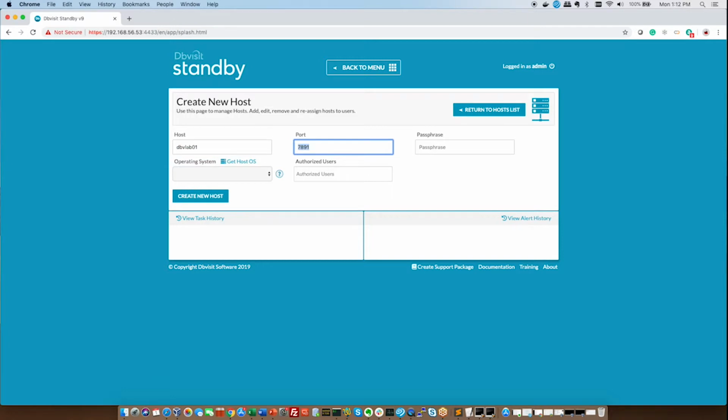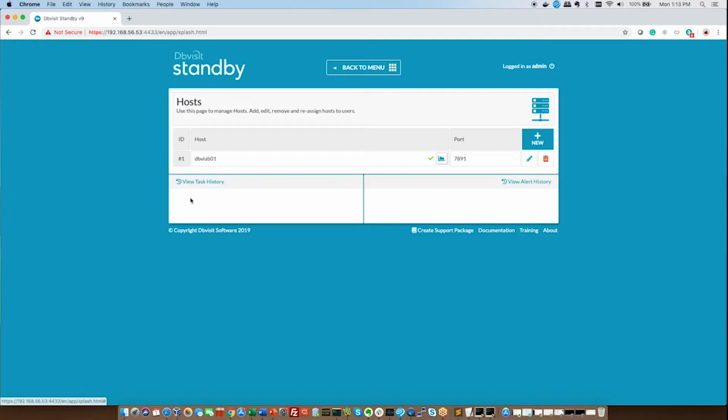And the port, remember, the central console makes use of Dbvisit agent to talk to the core. So the agent port is 7891. So we confirm that this is the port. Remember our little passphrase that we used during the installation, and then it picks up which operating system we are using. And we say create host, and it gives you a little tick mark there to say the host is